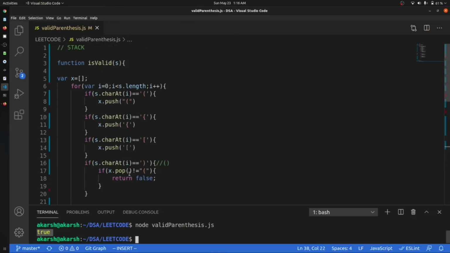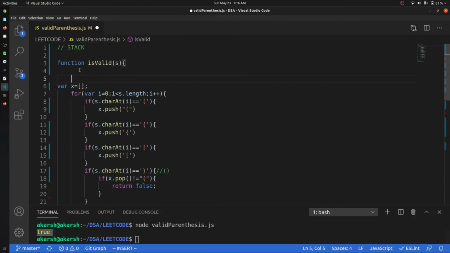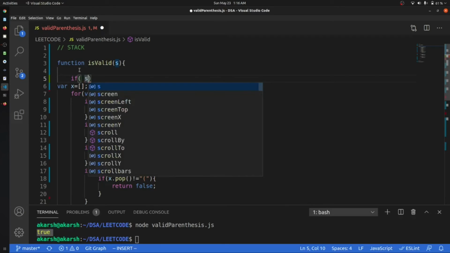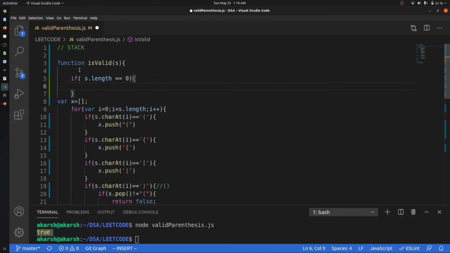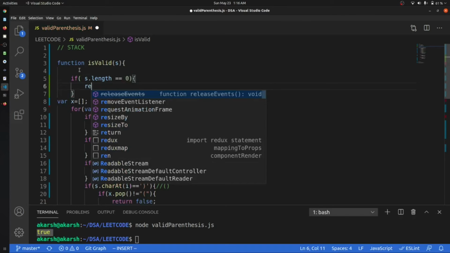So at the starting we will check if s dot length double equal to 0, we don't have it, then we will return false.